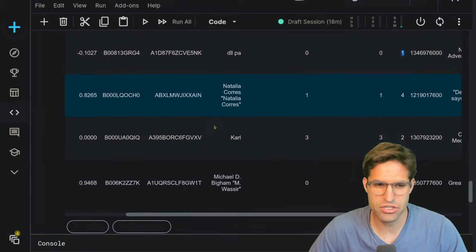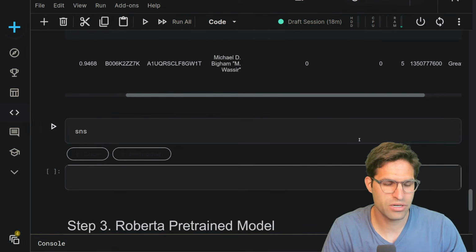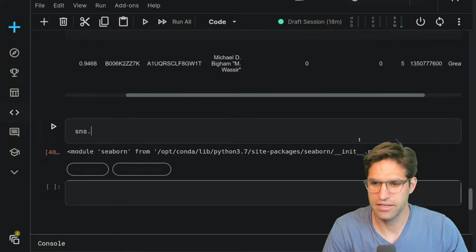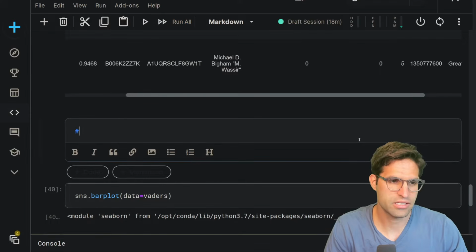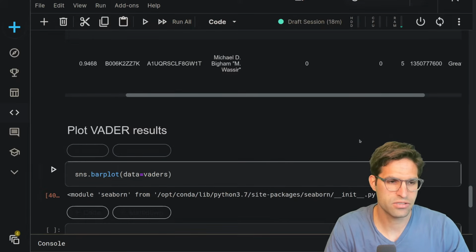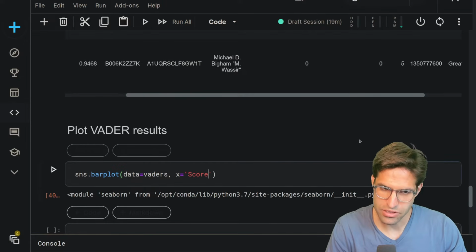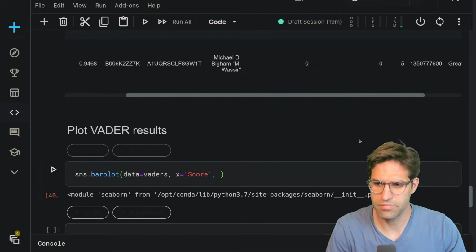And we can do that by just doing a simple bar plot. So let's use Seaborn. I think I imported Seaborn. Yeah, I imported Seaborn before. And we're going to do a bar plot of this data where our data is VADERs. Let's call this plot VADER results. And our X value is going to be the score, which remember is the star review of the person. And then compound